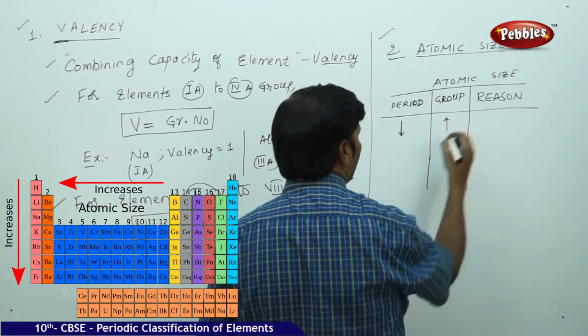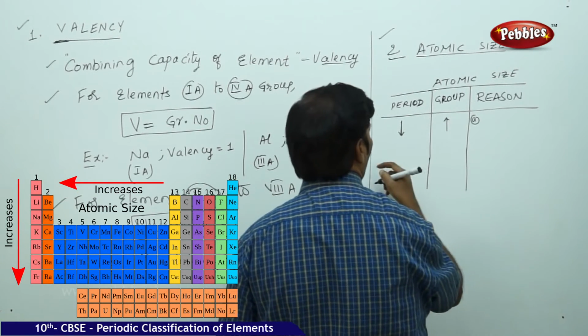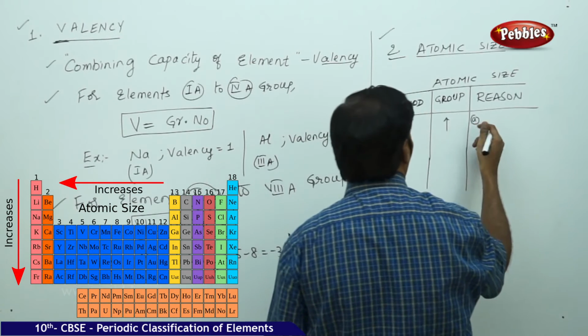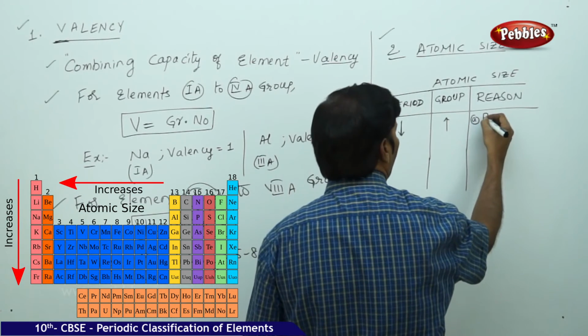In a group it will increase. In a period atomic size decreases because in a period